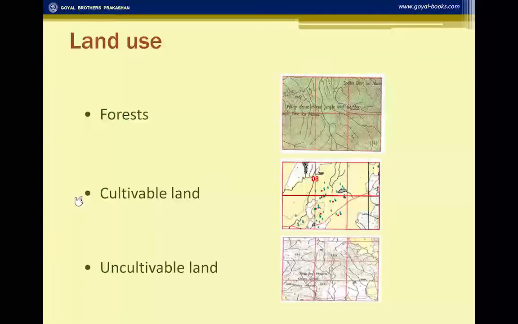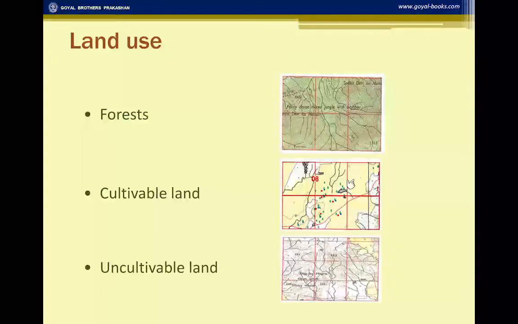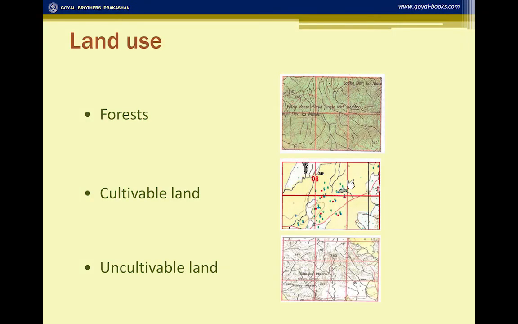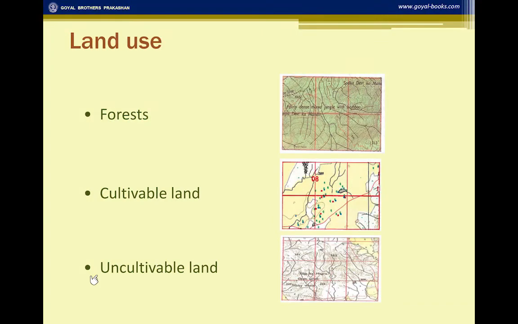Cultivable land, as we have discussed earlier, is colored yellow, and it is called yellow wash. If that is there, it is automatically taken that the area is cultivable. Generally the occupation of the people is cultivation.